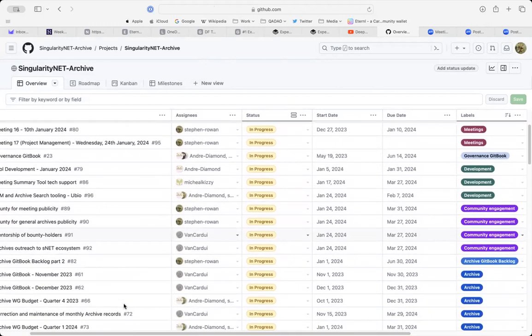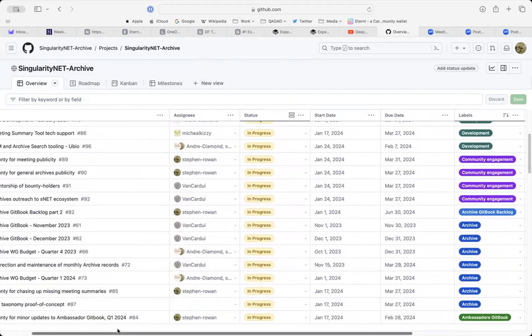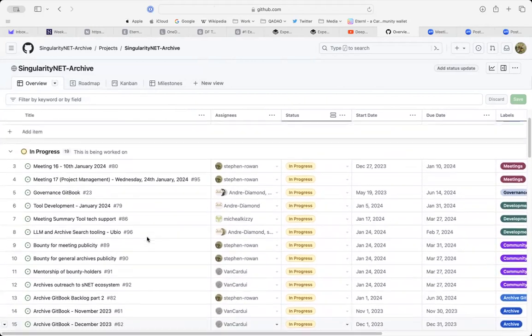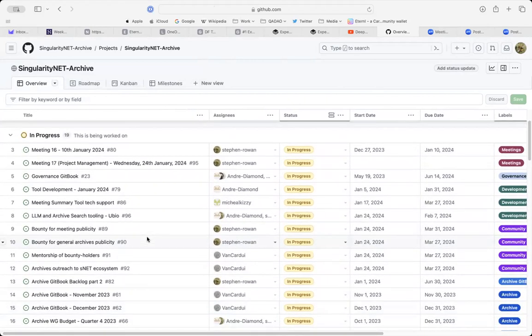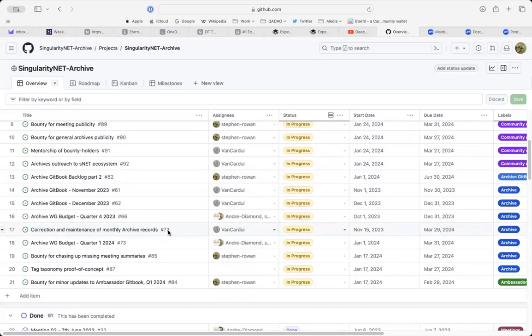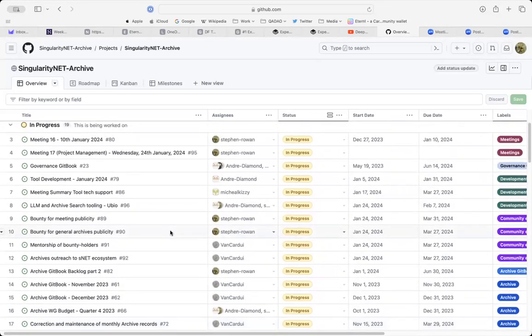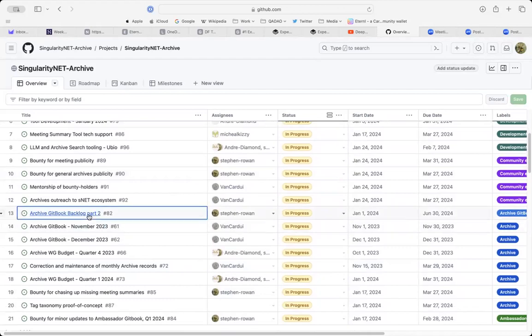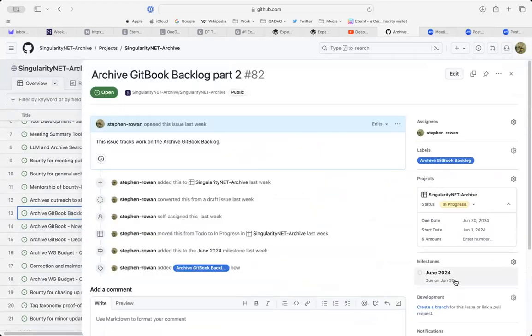Okay, and are there any issues that we need to raise or anything that we haven't covered? What's the due date for the archives GitHub backlog? Because I just wanted to check, it should be Q2 according to our budget. Let's have a look. Yeah, it should be Q2, and it is Q2. I just wondered if I'd done it wrong. It's still minimal, because I need to see the amount of work to be done. So it should be quite straightforward, that one.